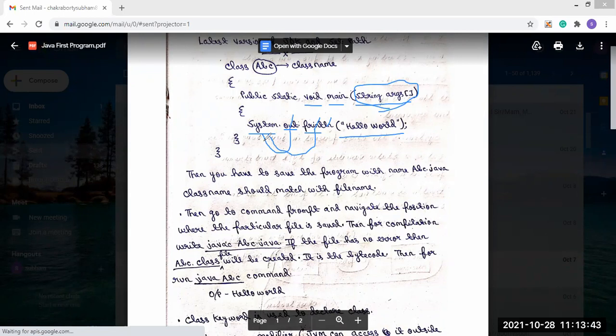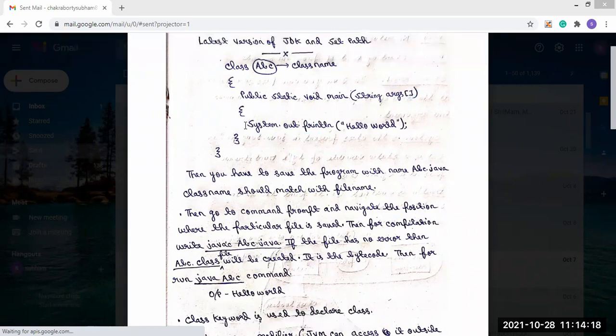Is it clear to everyone, all about the keywords, each and every keyword's meaning? Yes, sir. This is very important because sometimes it is asked that you mention each and every keyword's meaning, why we write like this.